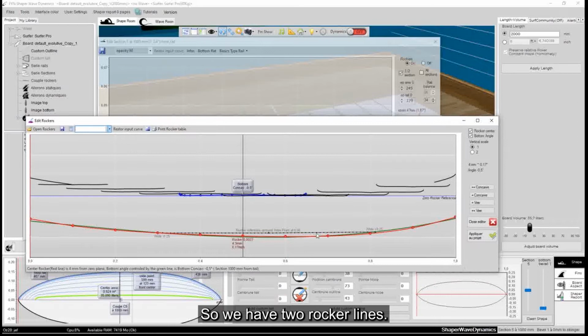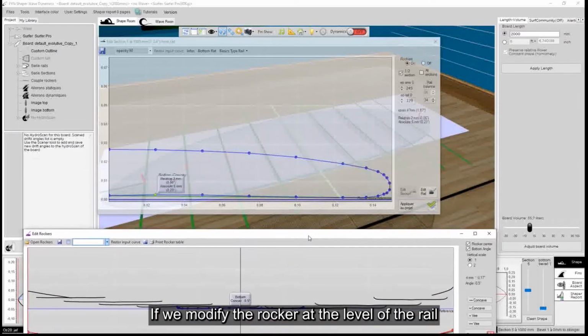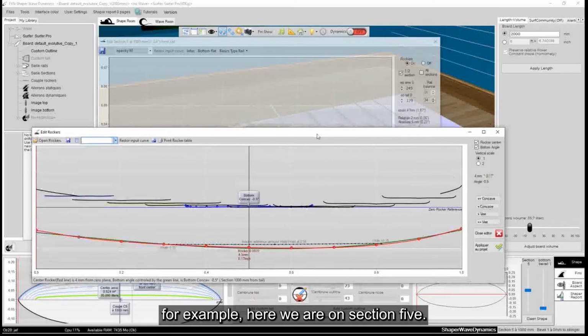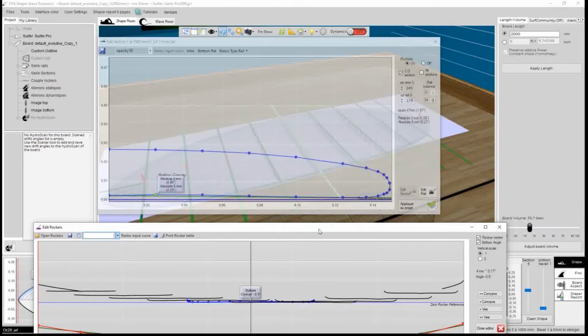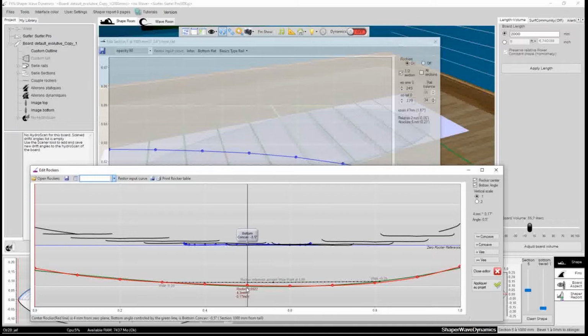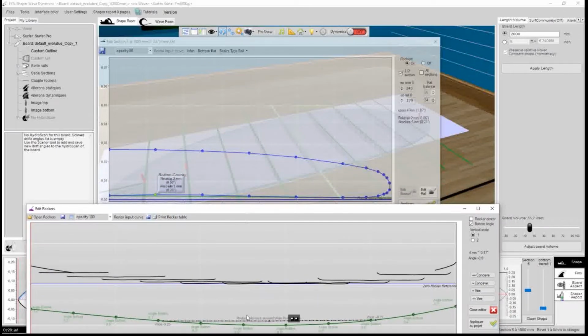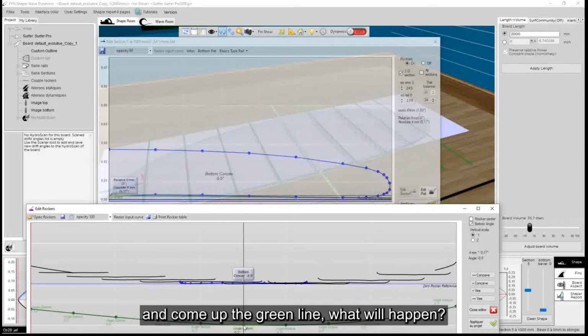So we have two rocker lines. We have rocker at rail level. If we modify the rocker at the level of the rail, for example, here we are on section 5, if I take this point and bring the green line up, what will happen?